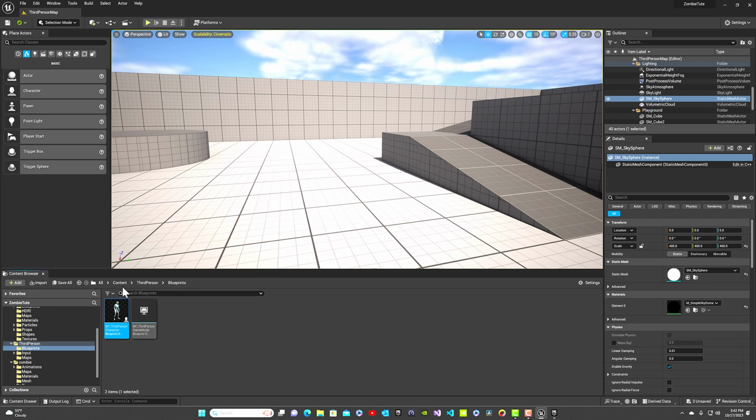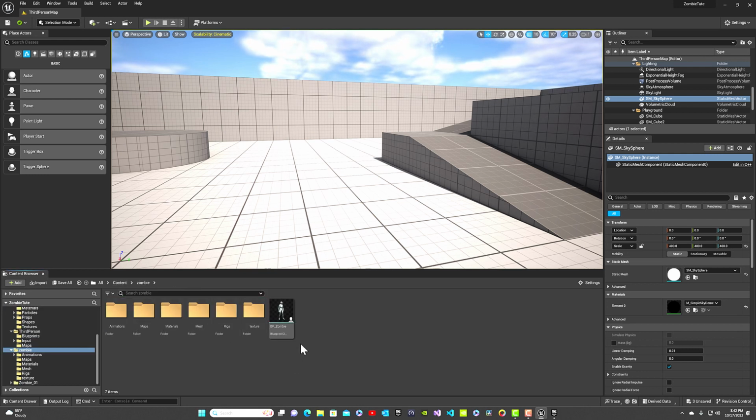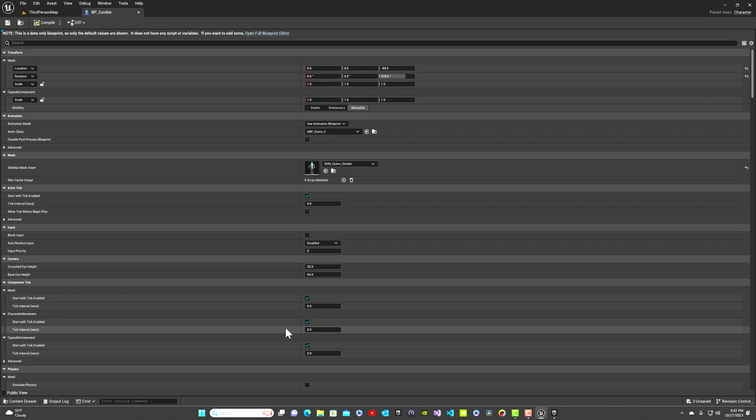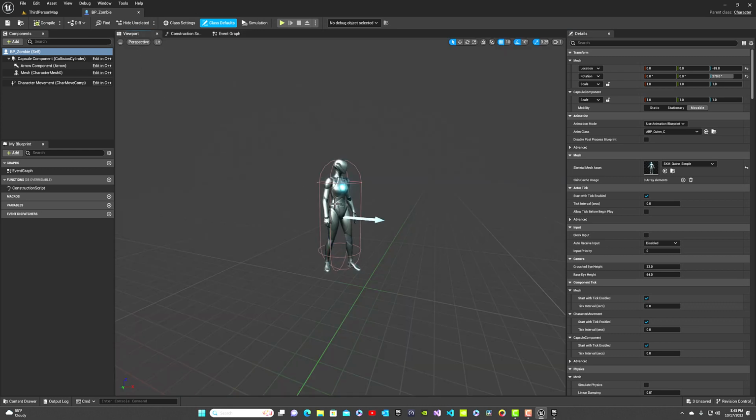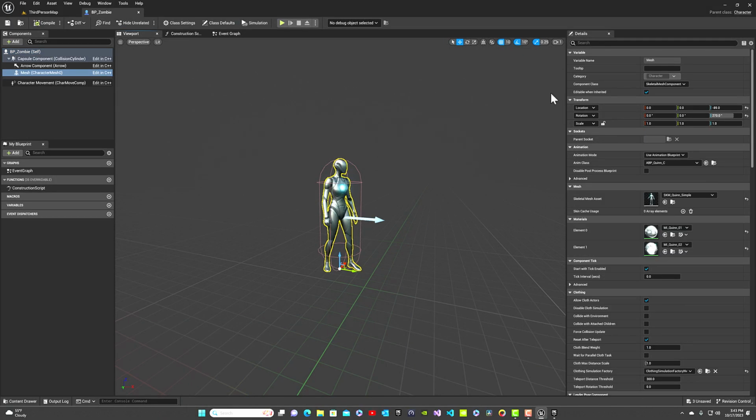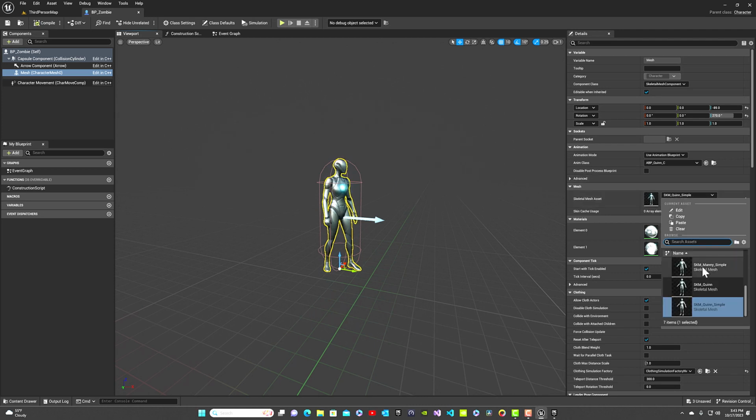So let's now go back to our zombie character. And this is not the animation blueprint, but the character blueprint that we made for it. It's going to open up looking funny, so click here where it says Open Full Blueprint Editor. Okay, we already deleted out all the unnecessary stuff and the camera boom. So it's here in the zombie blueprint that I want to do what I just basically did in the main character blueprint. We're going to switch out the mesh first, get our zombie,